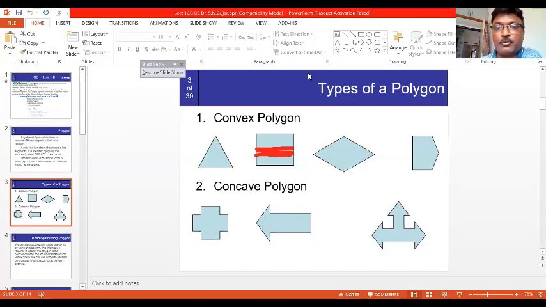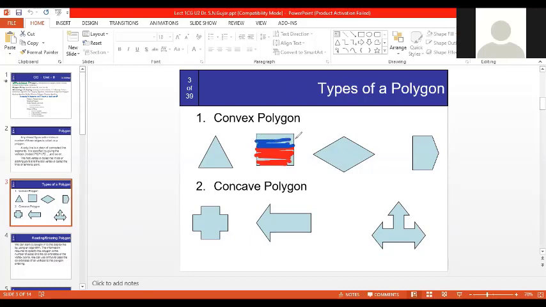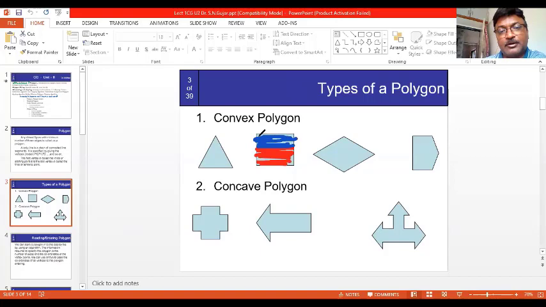Suppose I want to fill this half square. I fill the bottom with red color, and the upper one with another color, suppose blue. Is this the way you want to fill it? Is this your question?